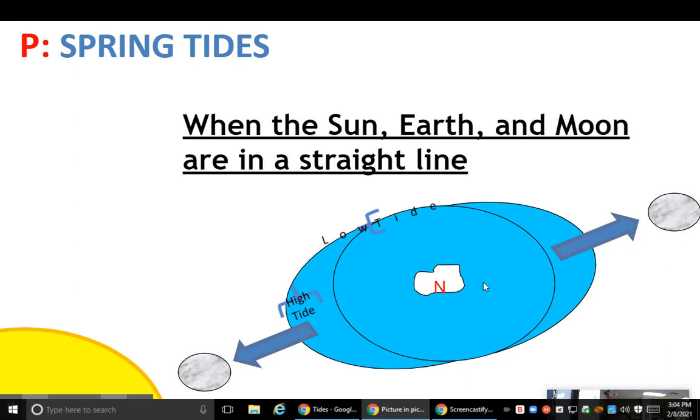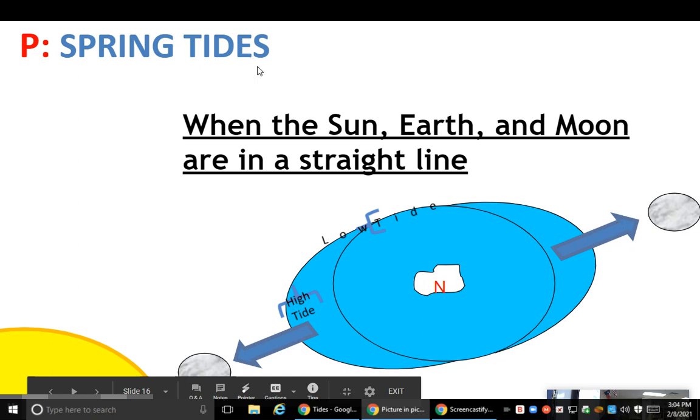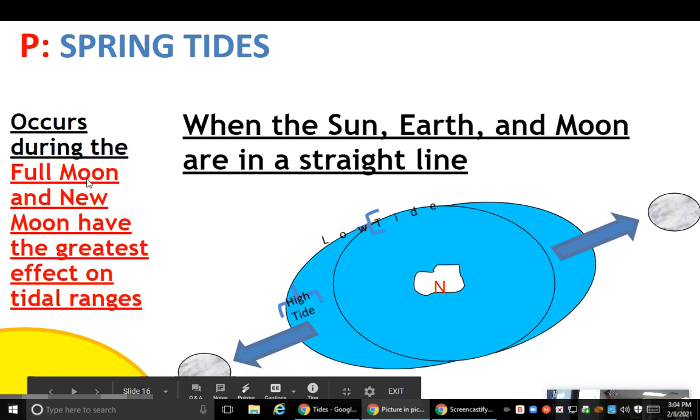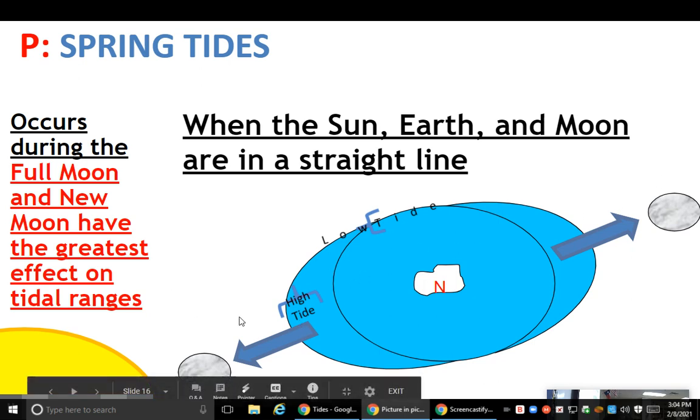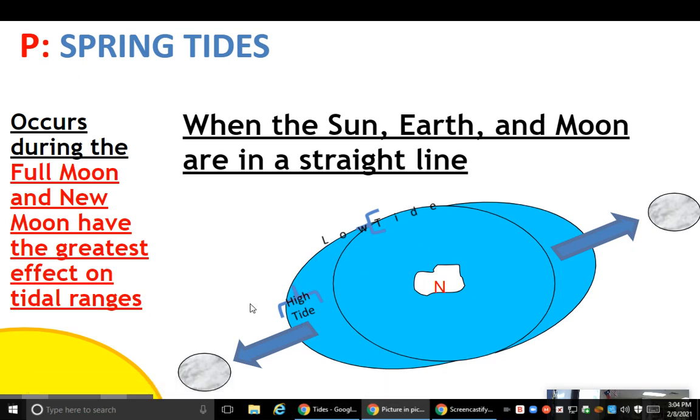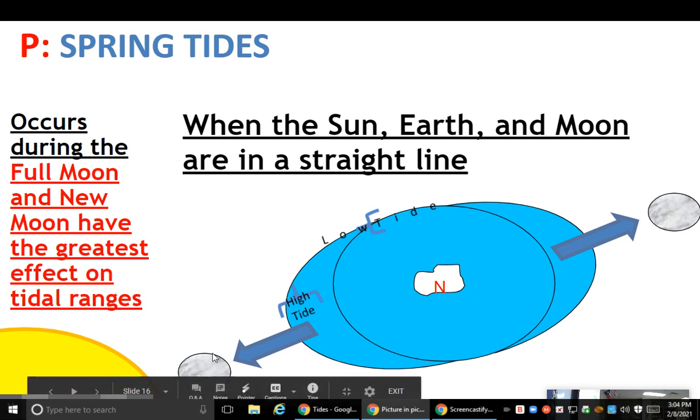So, spring tides. When the sun, the earth, and the moon are in a straight line, we say we have a spring tide. A spring tide occurs during the full moon and the new moon. They have the greatest effect on tidal ranges. So when the moon is in the new moon position, it's pulling on Earth's water. And when the moon is in the full moon position,